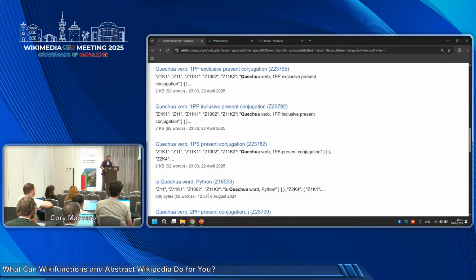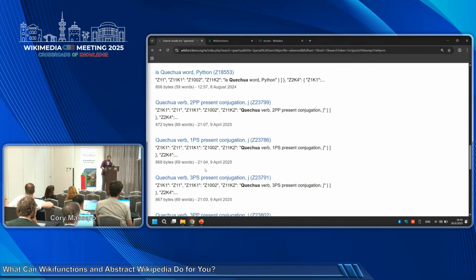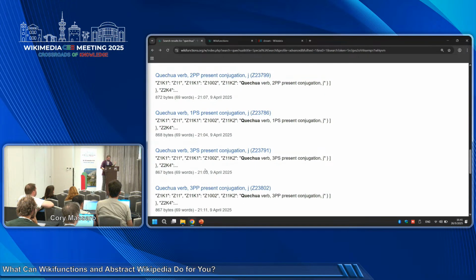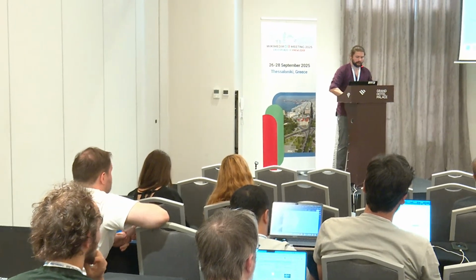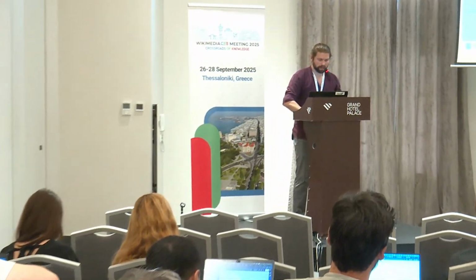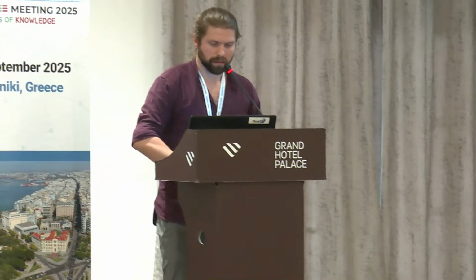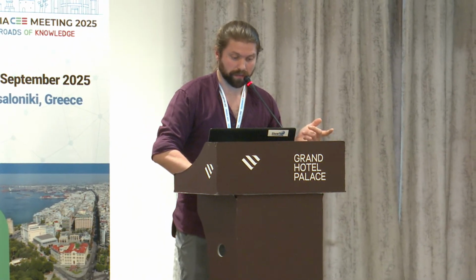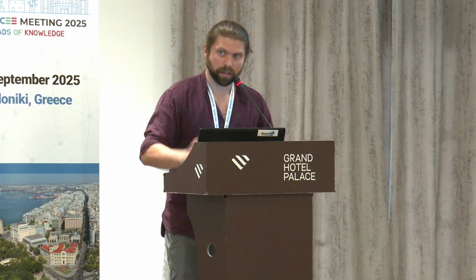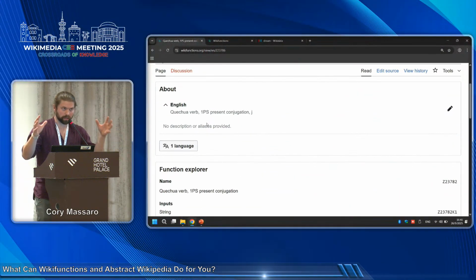So I was paying attention, but I wanted to show you a partial answer to your question, which is, as I was saying before, I think there's a marriage here between what needs to be done with manual population of lexical data and what can be done programmatically. So Quechua is a very highly inflected, agglutinating language. So it works similarly to Turkish. You can put forms on forms on forms and you can get a very long word very easily.